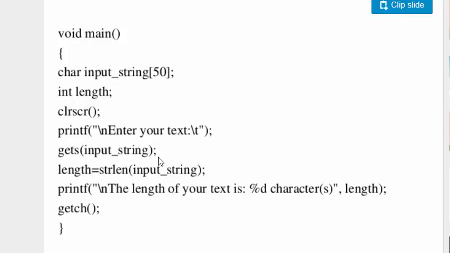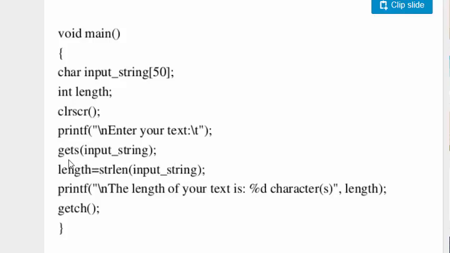By the gets function I am reading the string, let's say again, computers. So computers is the string that will be read by the gets function, and it will be stored in input string here. Now I want to count the length of the string, that means how many characters the string consists of.